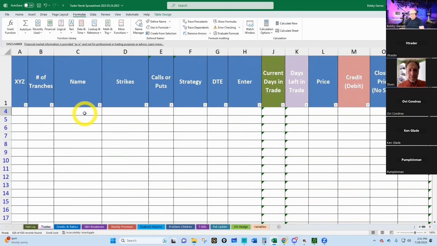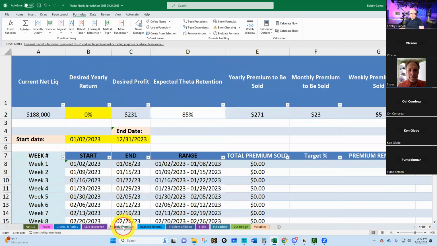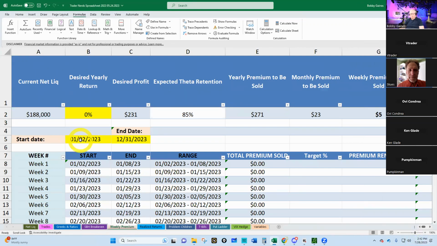Okay. Now, some things we don't use a lot, and I won't go into them much, but when we were doing the Sweet Bobby hedge, it would do the break evens and all that automatically. Really don't use that anymore. Weekly premium, I don't spend a lot of time on it, but you need to start it over here. My start date, I think we need to start this on a Monday. Whatever, if I'm starting today, I would put my start date as 1/24. So it would be this week, right?